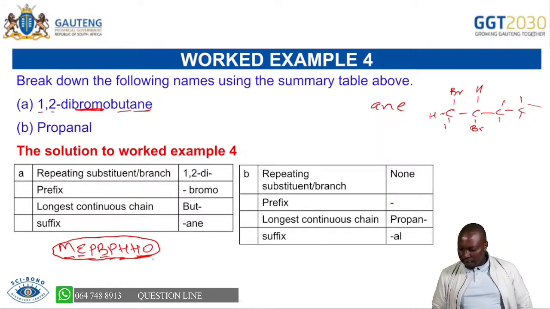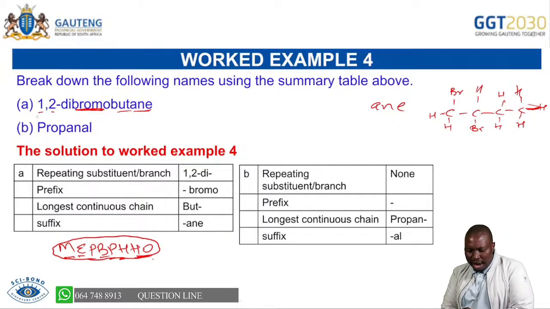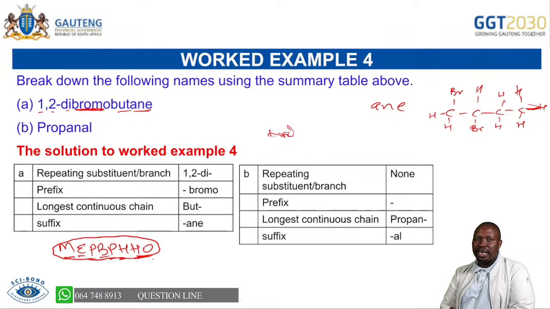Now I want us to have an understanding here so that we are not lost. I know you are enjoying the lesson and you are seeing that it's very simple to name structures. Look, when we have 2 visitors or 2 substituents, we'll write all of them, but because there are 2, we'll say "di". If there were 3, we'll say "tri". If there were 4, we're going to say "tetra". So "di" means 2. Where do we find them? In carbon number 1, 2.